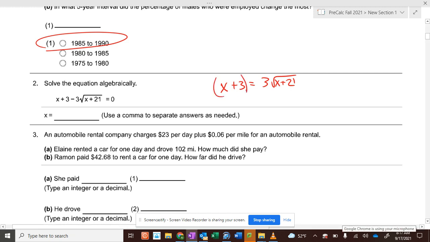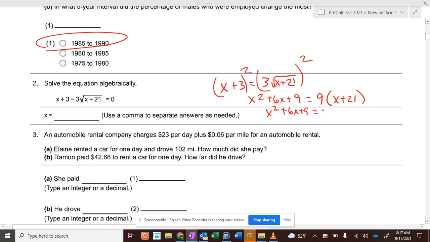Square it. Now, some of you guys had issues squaring both sides. X squared plus 6x plus 9, that side shouldn't be a problem. When you square this side, it becomes 9 times x plus 21. When you square a square root, you get what's underneath. Okay? Then we simply go x squared plus 6x plus 9 equals 9x plus